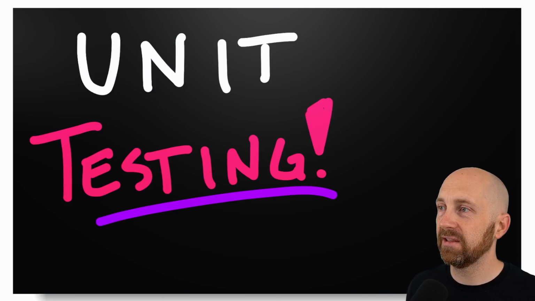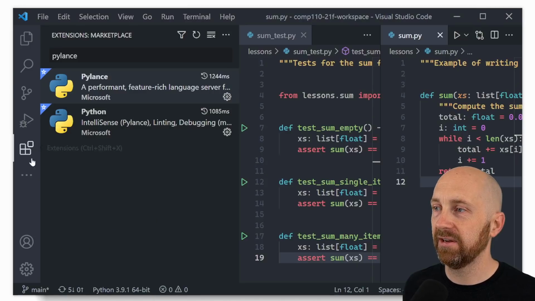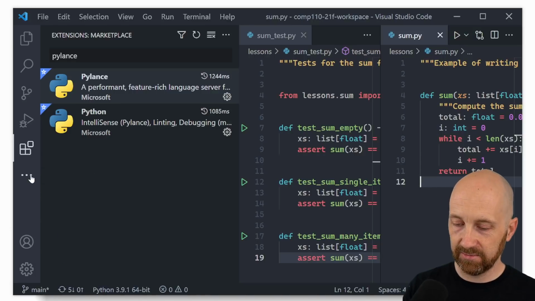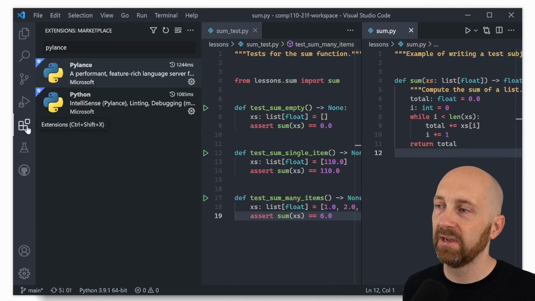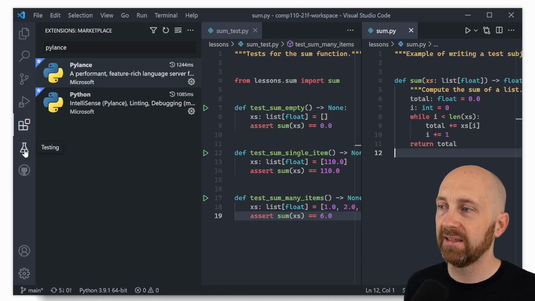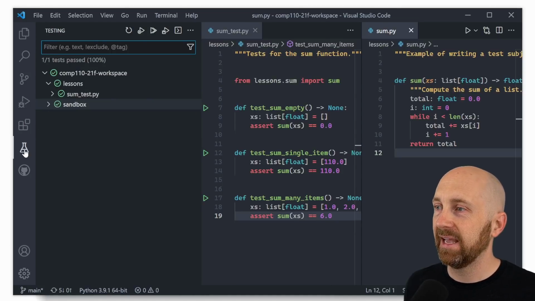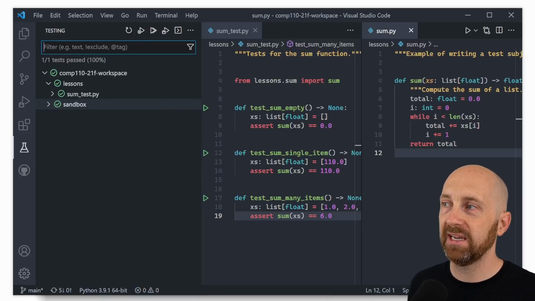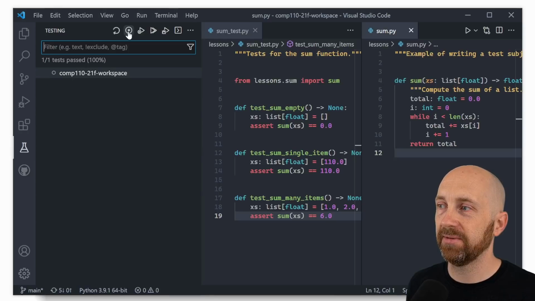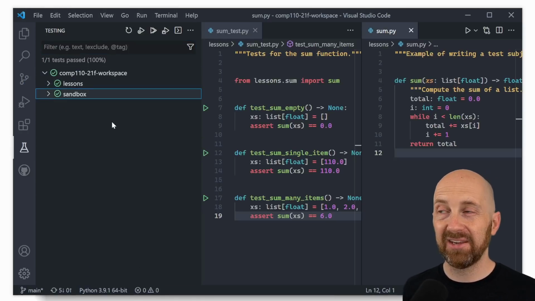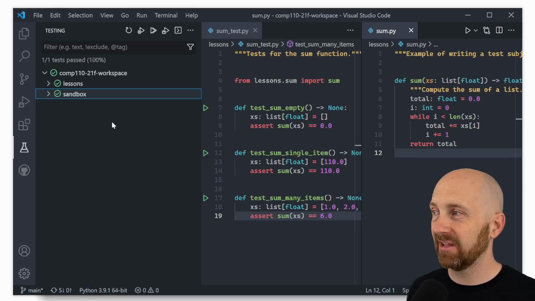And once you do, we've got this pretty neat functionality. For me, I have to press additional views to see testing, but let me try making this all a little bit smaller. You'll see this little flask or beaker over here that, if you hover over it, says testing. And when you click it, if you don't see any output here, try pressing this refresh button. And if pressing it leads to something saying there were errors collecting tests,